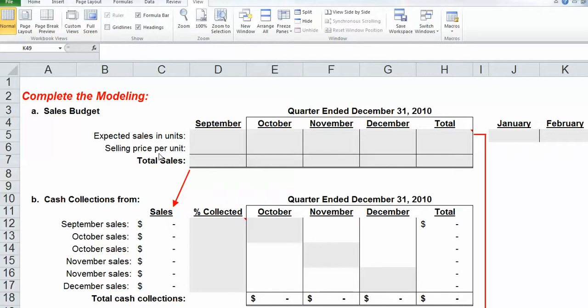So if you haven't already, please go ahead and read through the problem, and then we're going to work through it. So I need to fill in the template. So it says up here under A, expected sales in units. So this is given to us in the blue box in the problem. So 13,000 in September, 12,000 in October, and I'm just entering those in, 14,000 in November, and December was 20,000